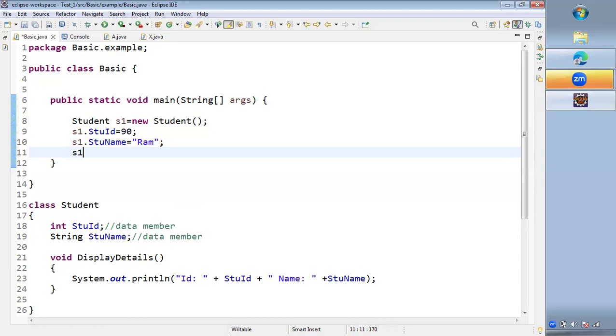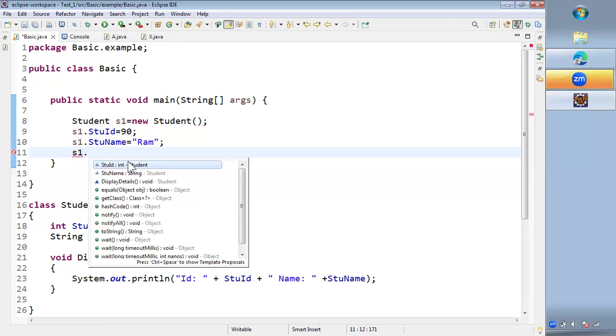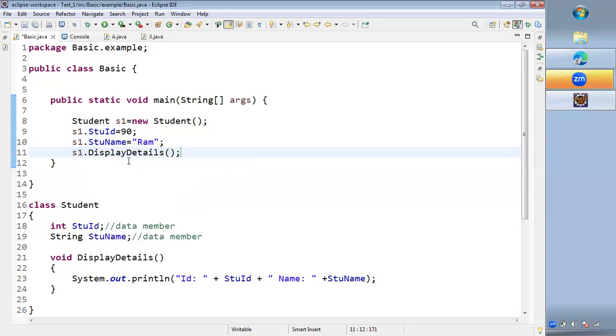Now using the same object S1, I'm going to make a call to display details method like this. So here we created only one object S1 using which we are accessing the two data members ID and name. And we are giving the values for ID and name for the object S1. And then with the same object S1, we are calling the display details method. Now let's see what will be the output for this Java program. So when I execute this Java program, I will be getting